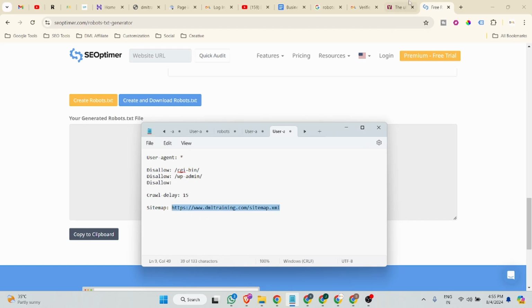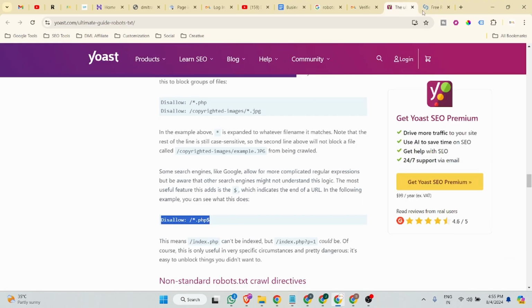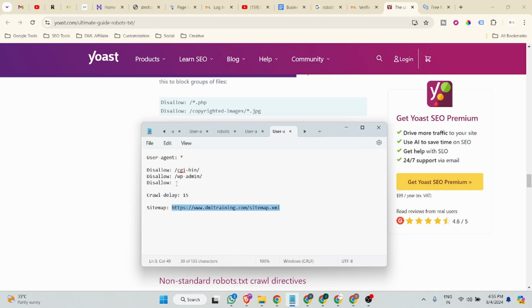And another thing we learned: if you want to disallow any file, simply add, you will see this, slash star dot, then you will add your file name. You can also add, suppose you want to disallow an image, you will add the image extension, and after that you will add the dollar syntax. So this is